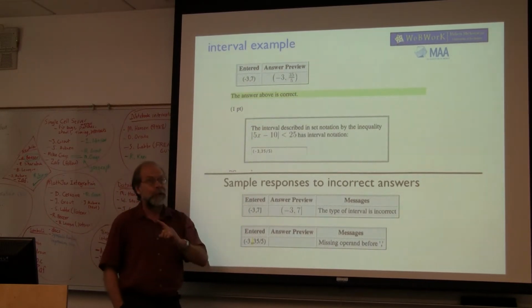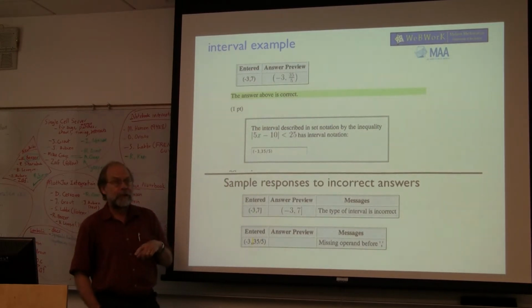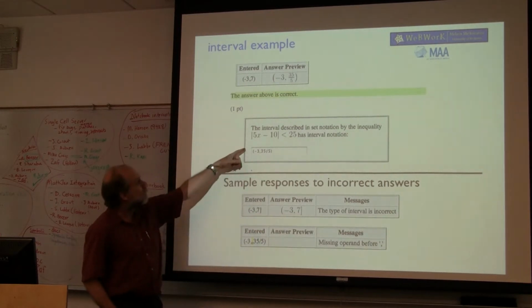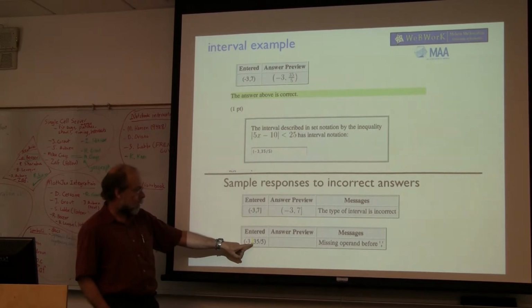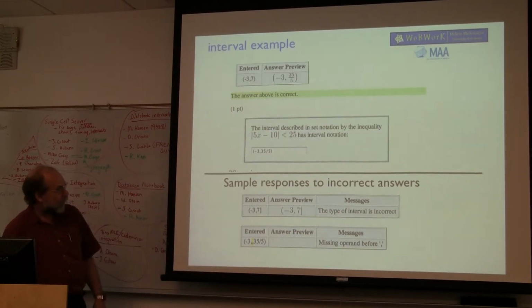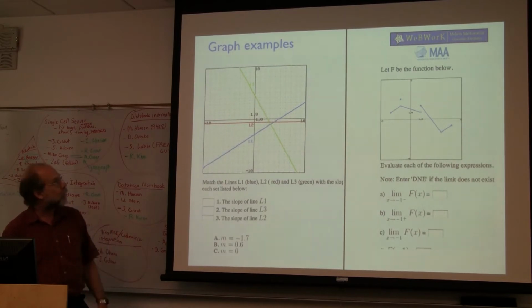And what's more important, it automatically gives the right kinds of error messages to students. So, for example, it says the type of interval is incorrect here, because that's not the right thing. Here's just an extra comma, so it just tells you that there's a typo, things like that. So there's pretty good error checking in this. You can put lots of things in, and I'll show you more complete demos.